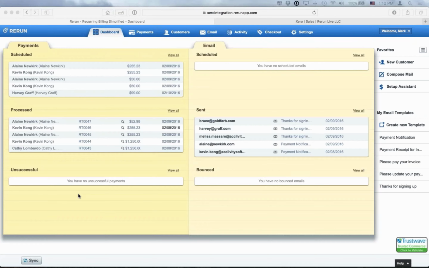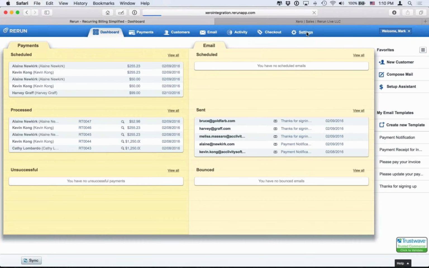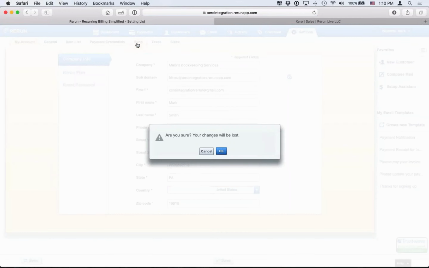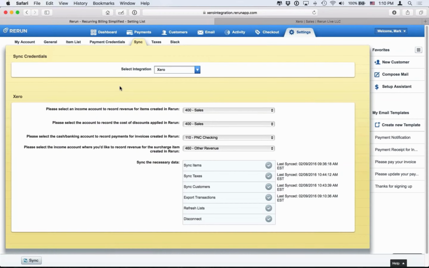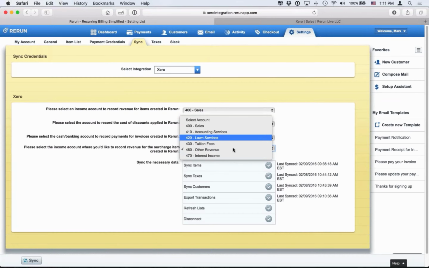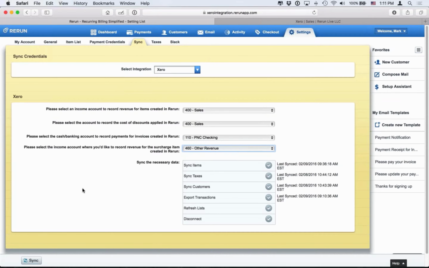So why don't we jump out of the slides, and now we're actually in the live account. So if I click on my Settings tab to take you back where we were, so now I'll be in the Settings tab, and then in the Sync tab. So here you'll see all those accounts that I just set up. And if I wanted to change it, I can override it in my defaults here. So you typically wouldn't come back to this window unless you're going to start to sync individual transactions.